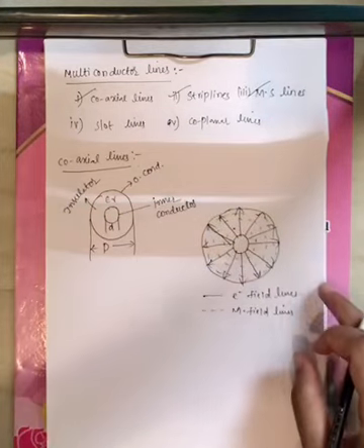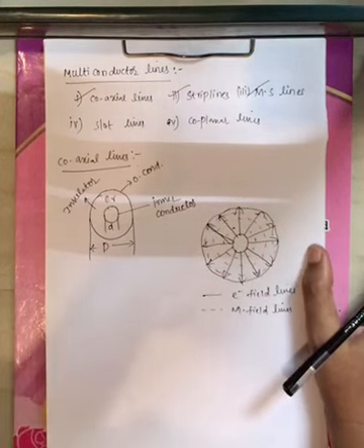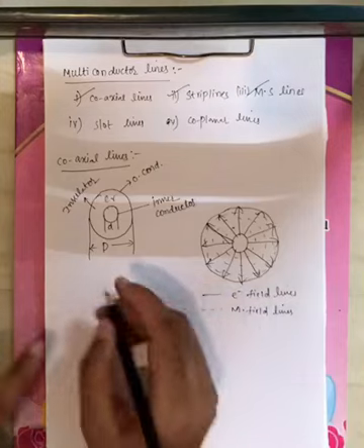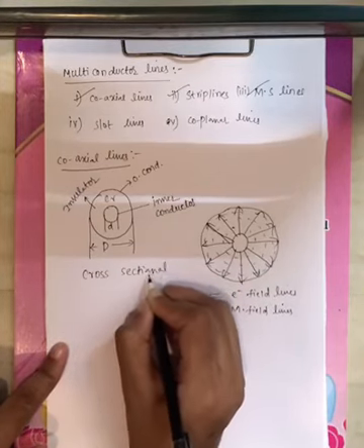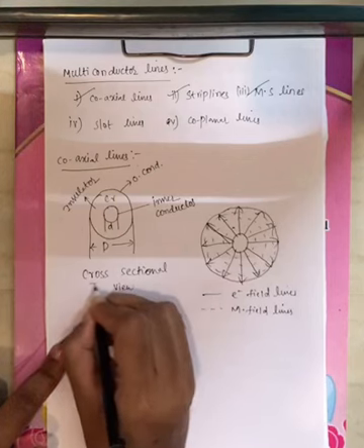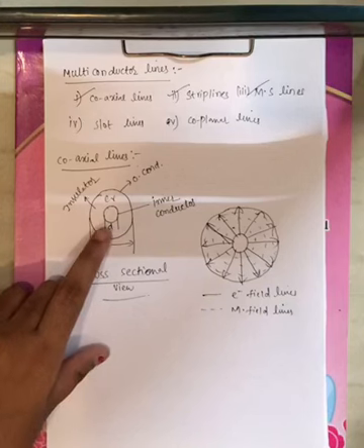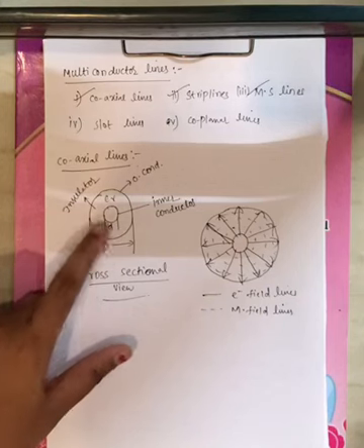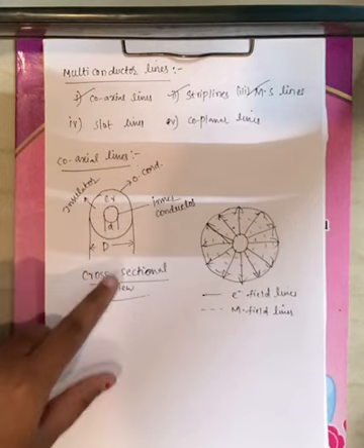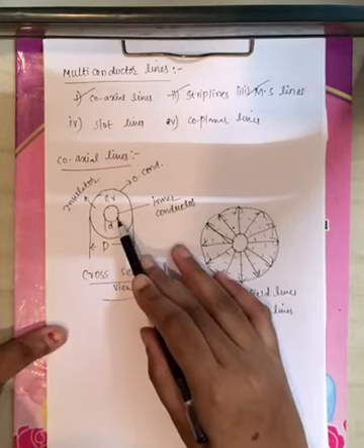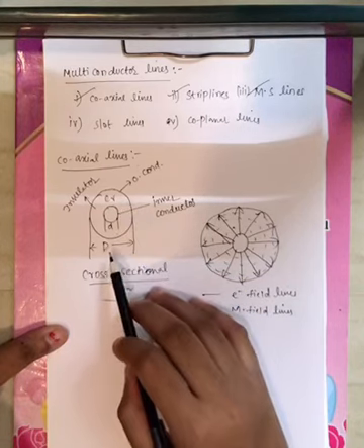Now coming to the first type of multi-conductor transmission line, that is coaxial line. This is included in your syllabus. Now this is the cross-sectional view of a coaxial line. If you see this cross-sectional view, it contains 2 conductors. As I have said, multi-conductor transmission line contains more than one conductor, here 2 conductors. It contains an inner conductor with diameter small d, and an outer conductor with diameter capital D.